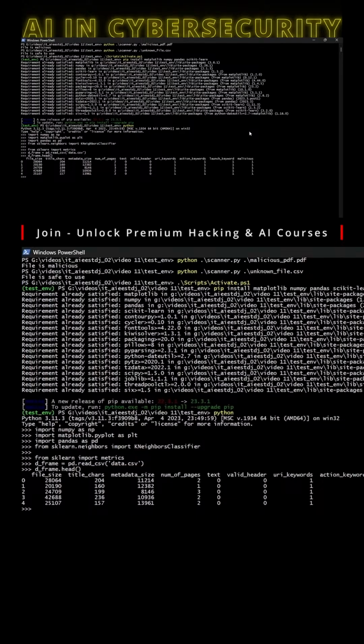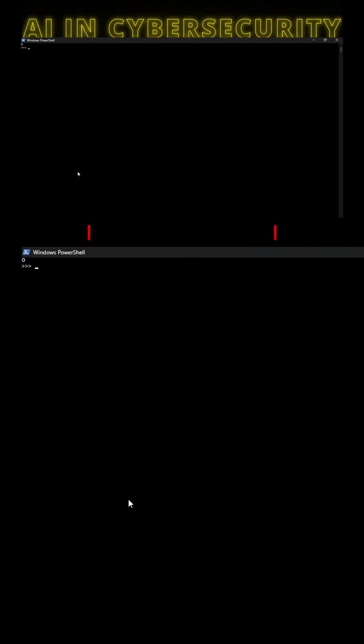So now that we have an idea of what the data frame consists of and what our training data set looks like, let's go ahead and set up our data into a NumPy array so that we can start to work with the training models. First, we'll set up our X variable, which is the data that our AI model will use to predict whether or not a file is malicious. I'll do that by setting the variable X equal to dframe, and then I'm going to pass it the list of columns or features that I want my AI model to predict on. So we're going to use file size, title chars, metadata size, num of pages, text, valid header, URI keywords, action